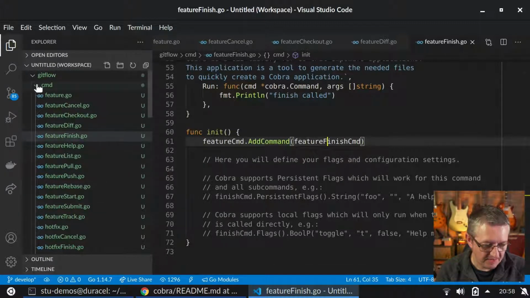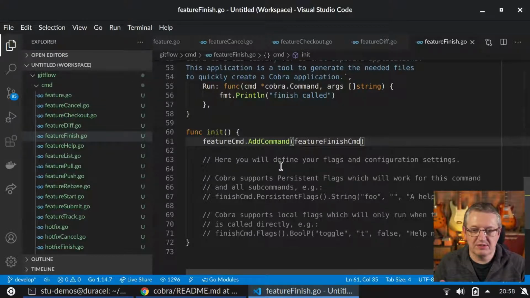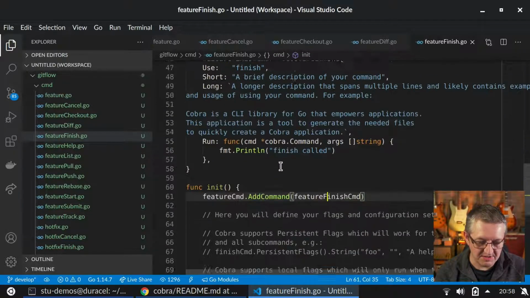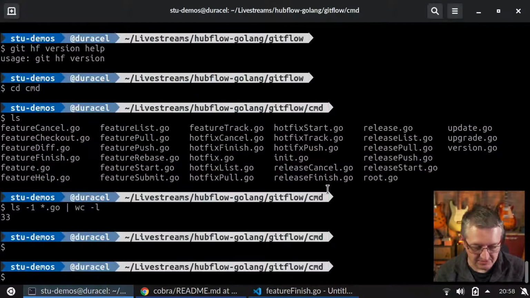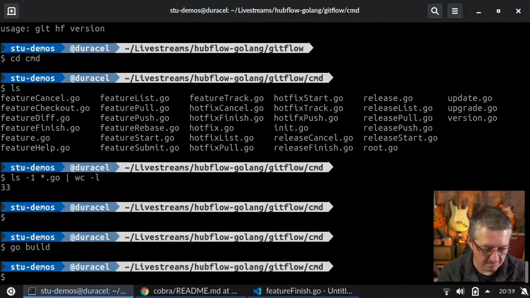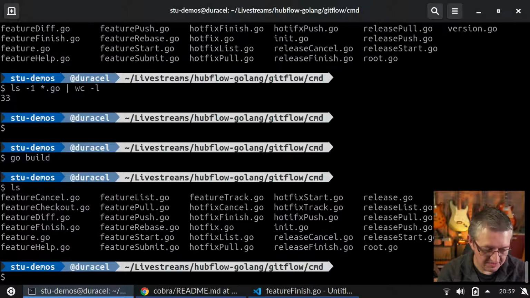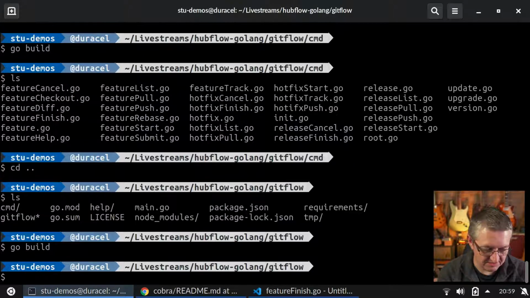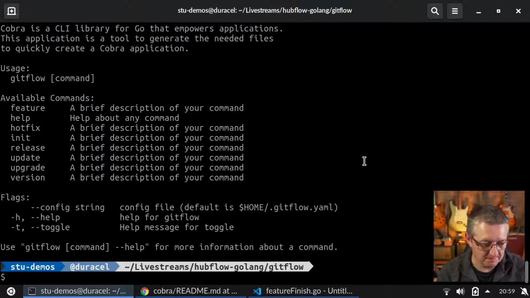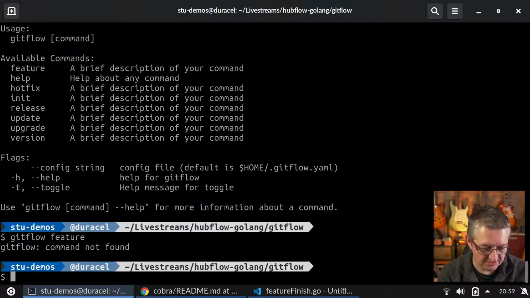But anyway, ignoring the different flags, which we'll implement as we actually pad these commands out, we've generated the skeleton for our application. That's what we've achieved tonight. And hopefully it now compiles. It does. So if we go back, let's run that just in case it did build. So if I do Gitflow, we now get all our commands available. If we do Gitflow feature,